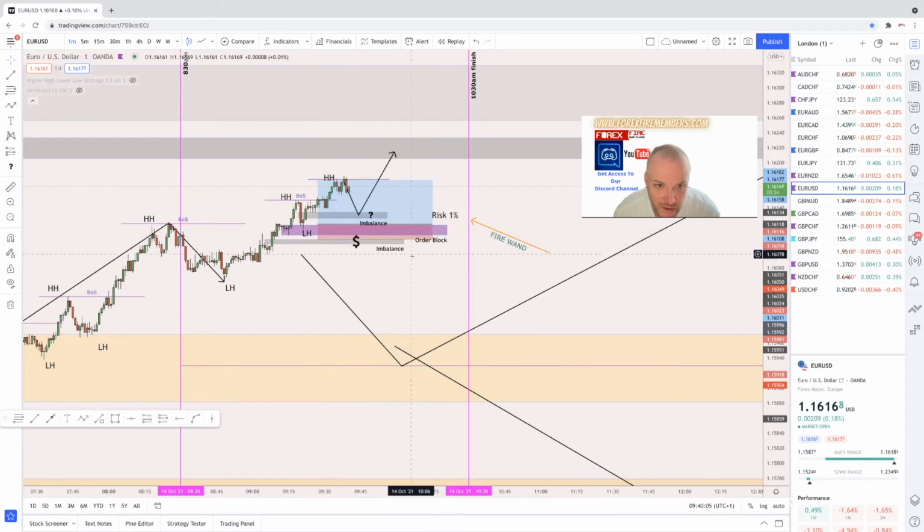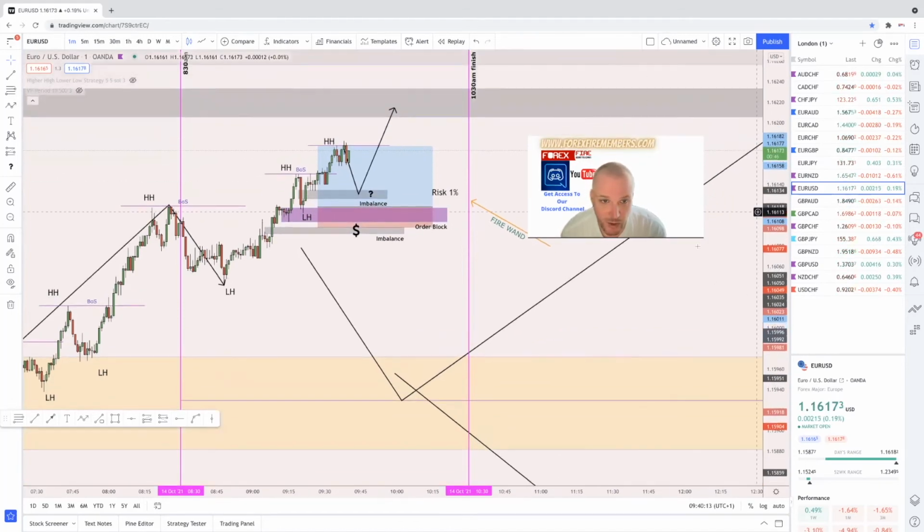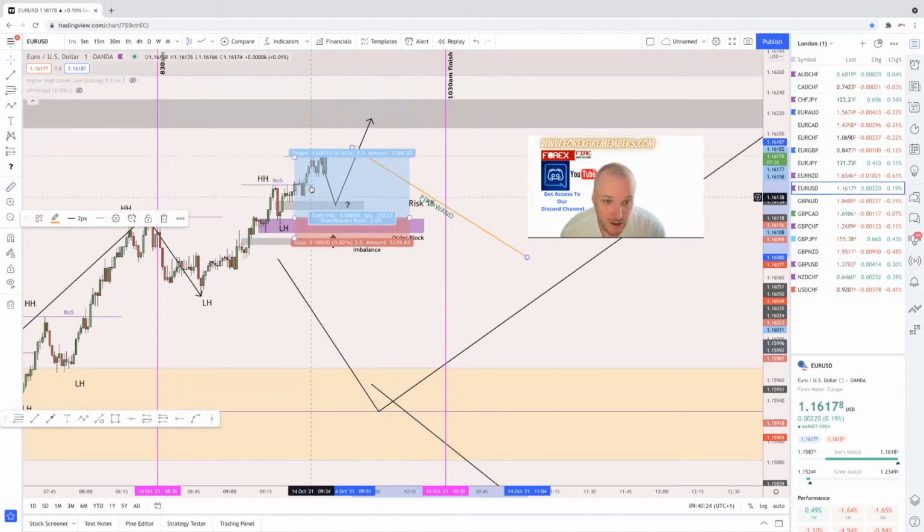So it's a 1 to 295 because we only had a 1 pip stop loss. That would have been a little bit too crazy to go with. So pause the video. We'll come back in a second. Again, I do believe we might just push out and go higher. If we do, we're looking at this area then for the new sort of structure point. But pause the video. We'll be back in a second.